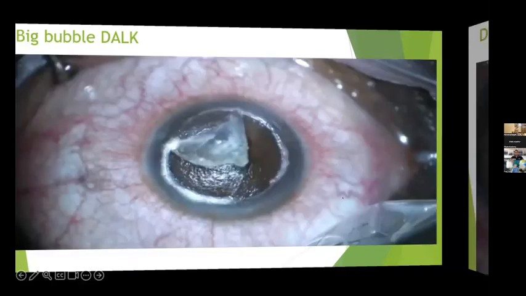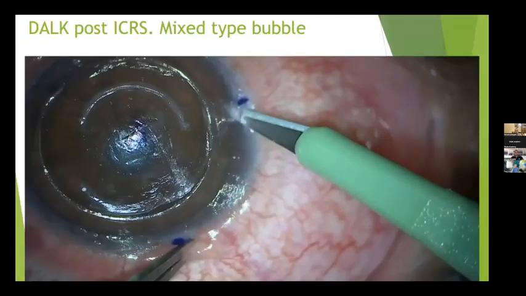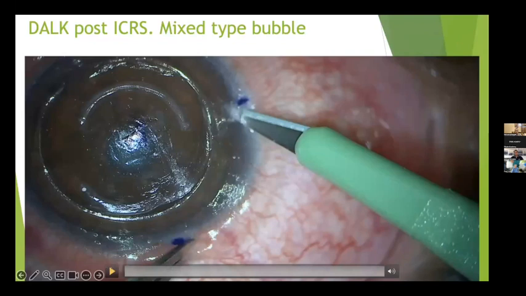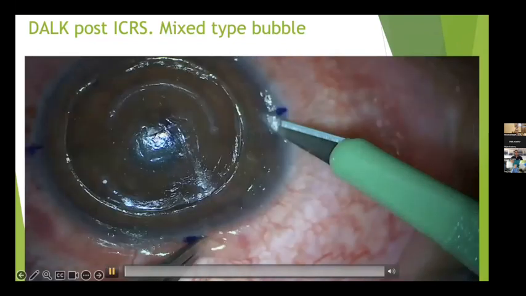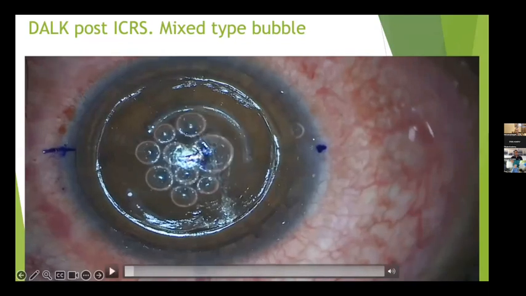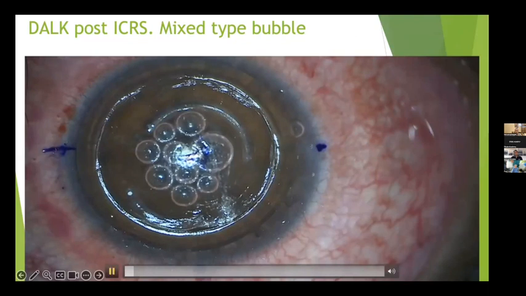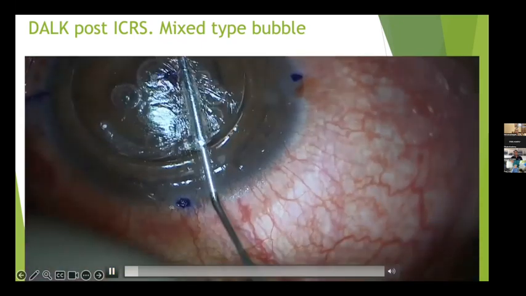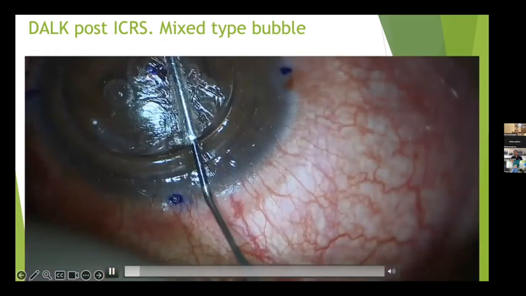So you wouldn't always get the same outcome. So you may get different types of bubble. Muhammad will talk us through this. This was a more challenging, more recent case. So we started to make a paracentesis now before injecting the air bubble and injecting some small bubbles in the AC to guide us to the type of bubble. Now I also do the air injection before removing the